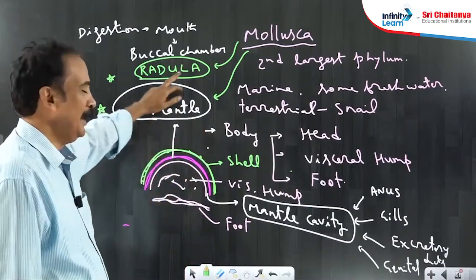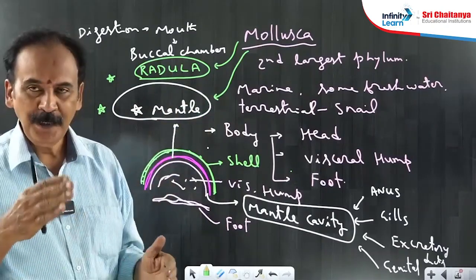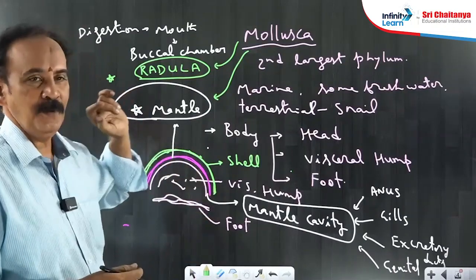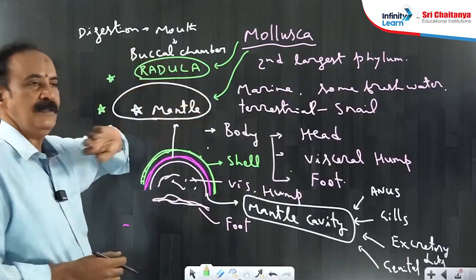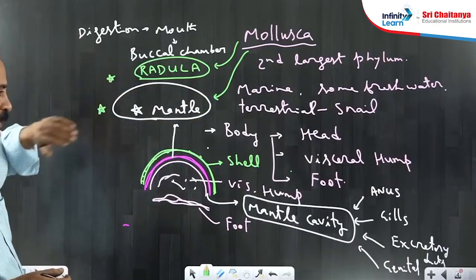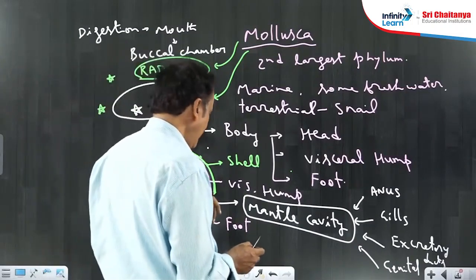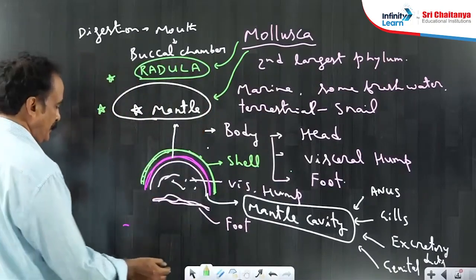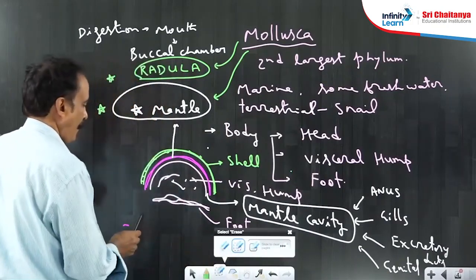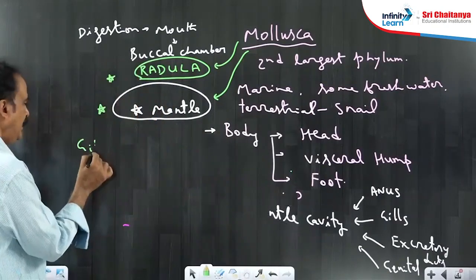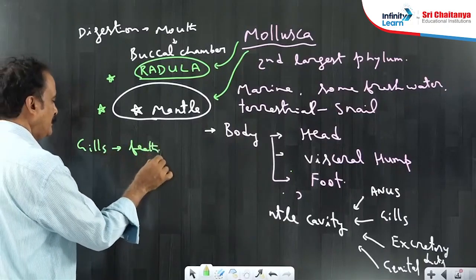So radula is one rasping organ. Rasping means it will be cutting the food material. Food will be cut into small pieces with the help of radula, right. So the radula lies in the buccal chamber, helping in cutting the food material. That's the speciality in digestion. Respiration takes place with the help of gills. Gills in case of molluscans are named as Ctenidia. Gills in Mollusca are feather-like or comb-like,